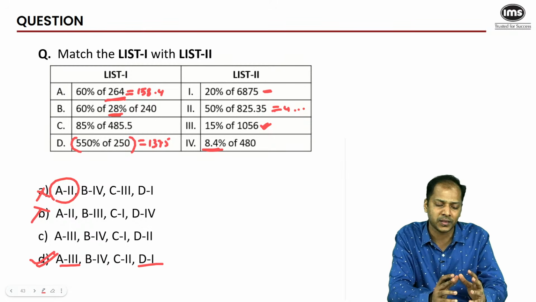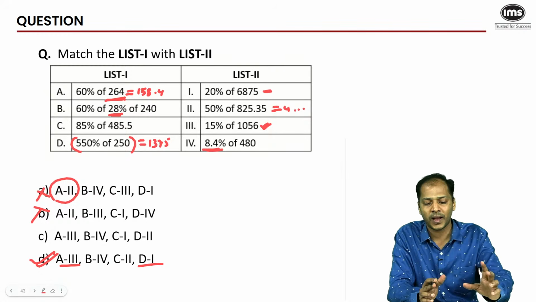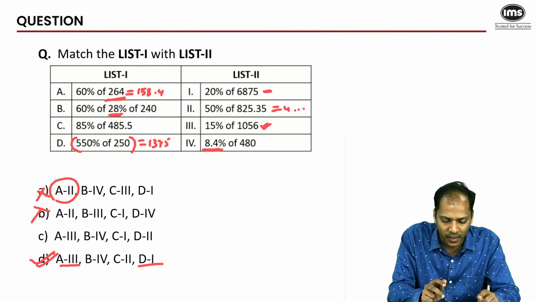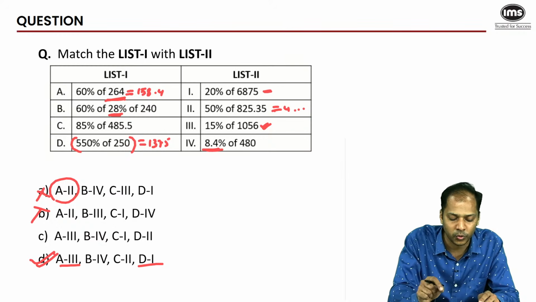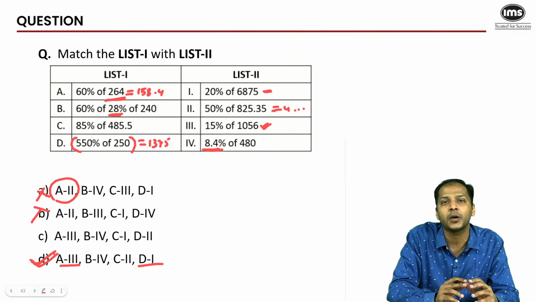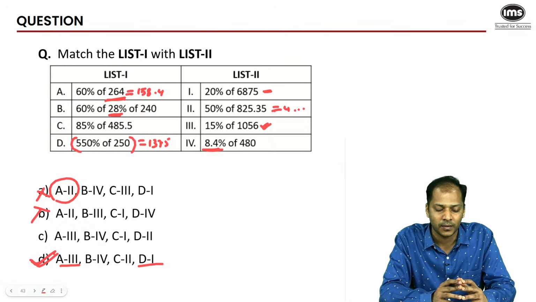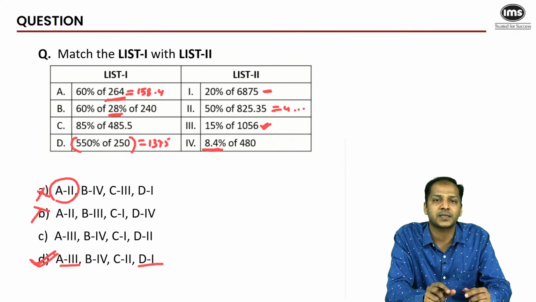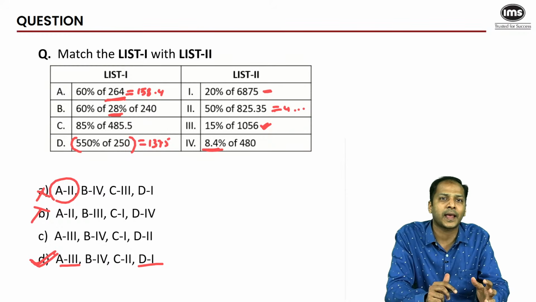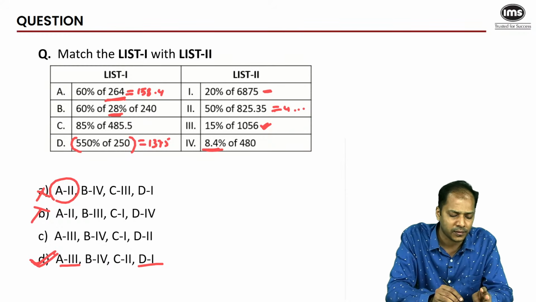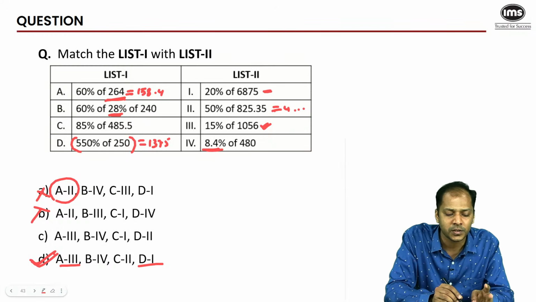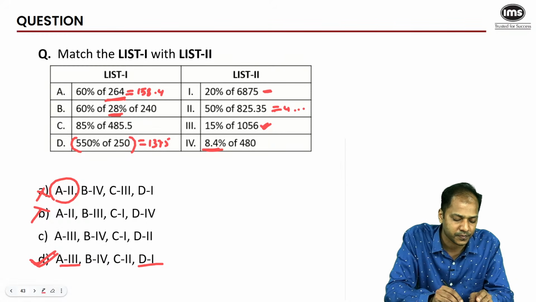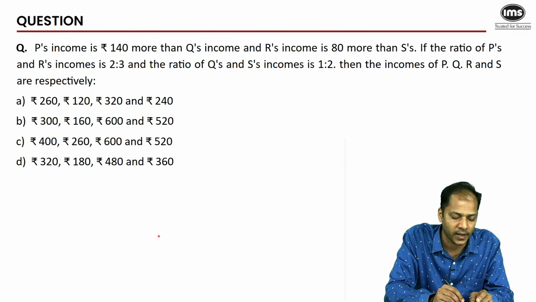I think I could have done this much better. Maybe I spent a lot of time initially evaluating how I would do the calculation, but yeah, the correct answer should be option D. Pretty straightforward. Sometimes because there are so many percentages and numbers involved, it could get a little time consuming, but I think within 1.5 minutes you should be able to figure this out. All right, let's go ahead.